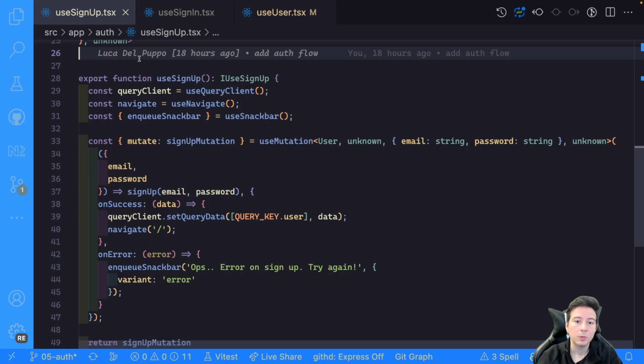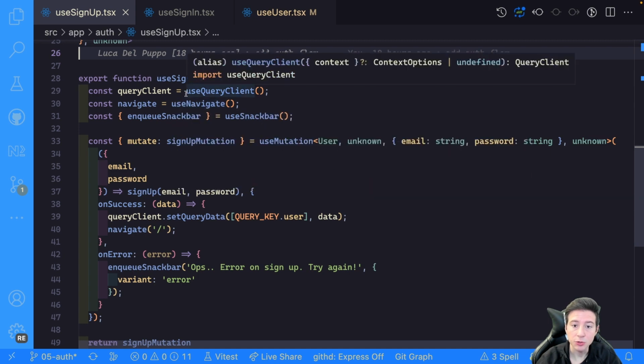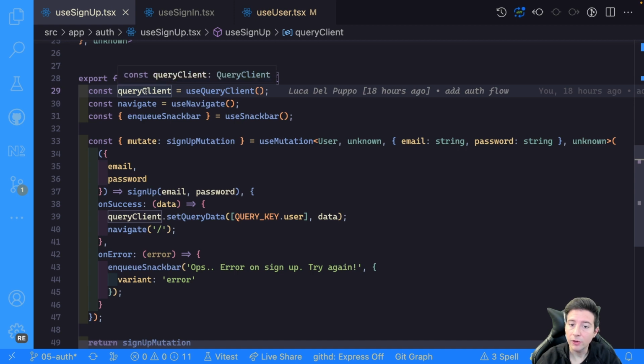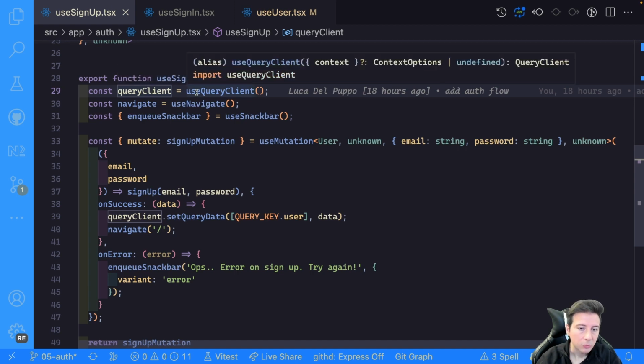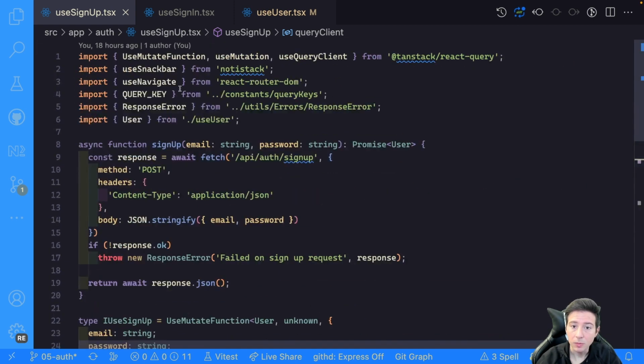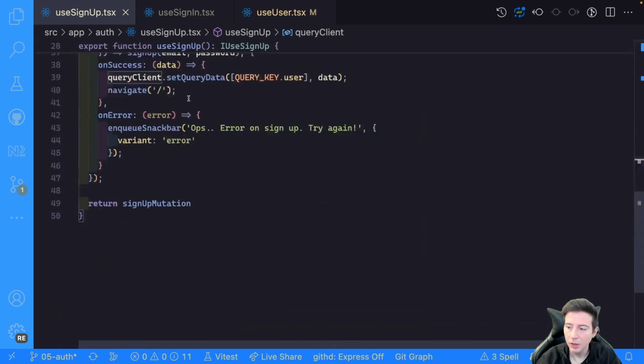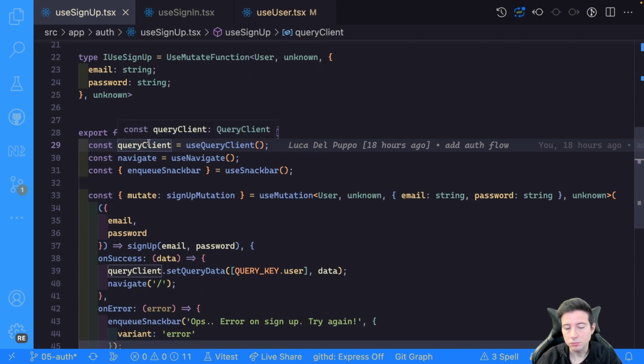To do this, we have to use the ReactQuery client. To use the ReactQuery client in our hooks, we can use the hook useQueryClient, and it returns the instance of our query client. You can import the useQueryClient from TanStack ReactQuery, so it's very simple. And this client permits us to do different stuff with our client. One of this stuff is